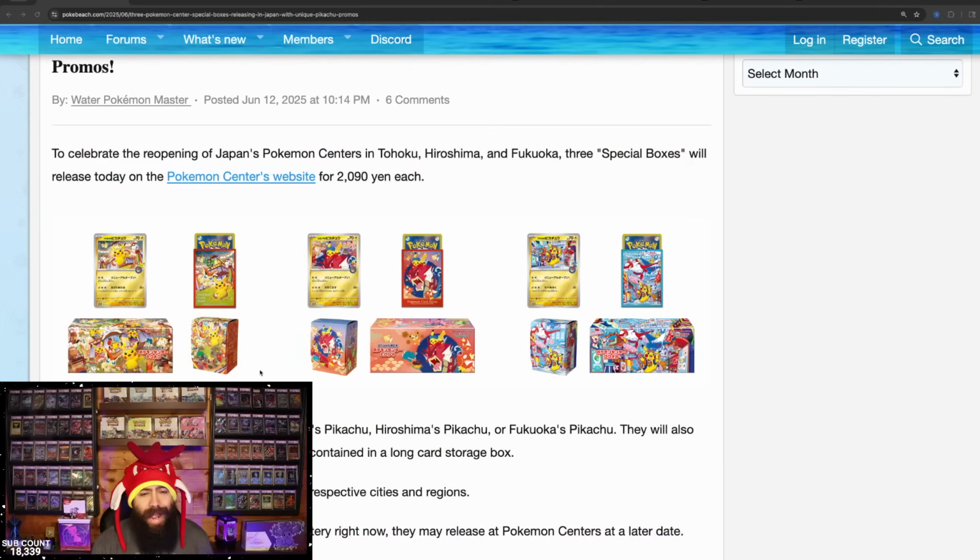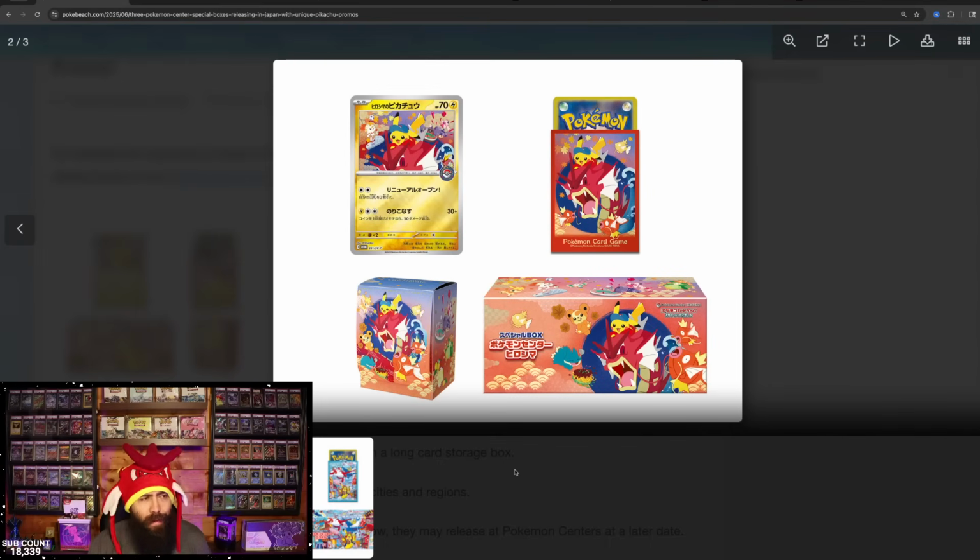And you know I had to wear the shiny Gyarados hat because of this product right here. So this is a super cool box that is currently exclusive to Japan. They are in the process of doing a lottery system for this box, so it will be limited. The MSRP is actually very affordable, but you do get this promo card right here with Pikachu riding the Shining Gyarados. So absolutely stunning. You get the deck box and then the other box that it comes in and card